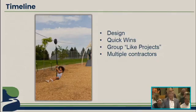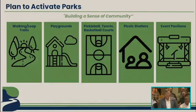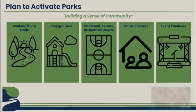The zip line is actually from Castle Rock Park. Corey's going to speak to us about activating these spaces. Thank you, Mike. Good evening, Mayor and Council. As Mike was talking and as these amenities